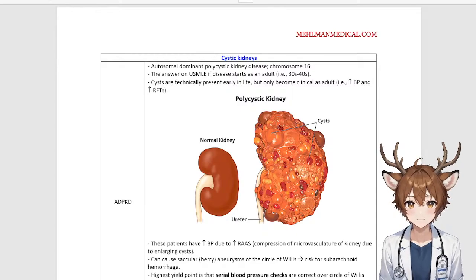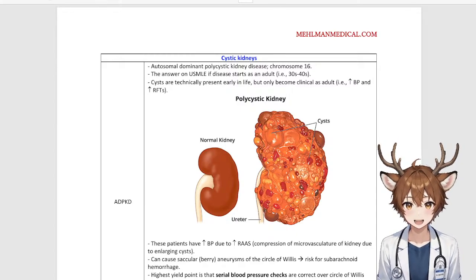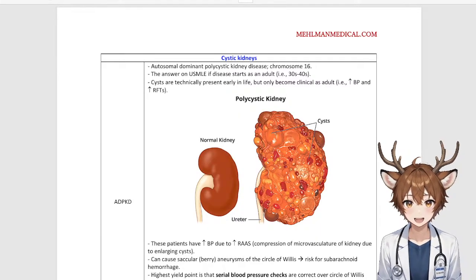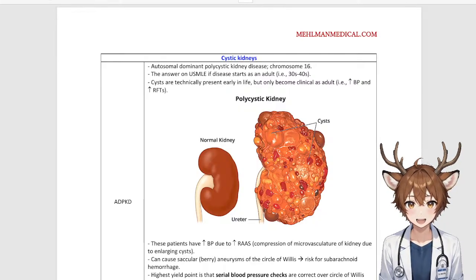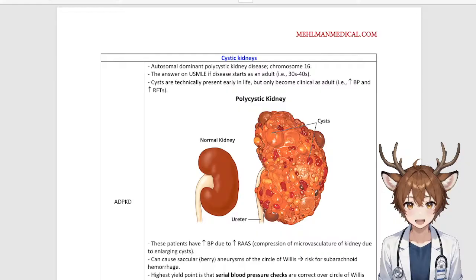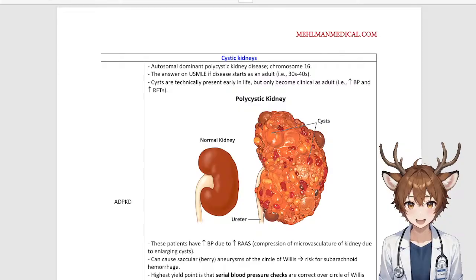Cystic kidneys. ADPKD, autosomal dominant polycystic kidney disease, chromosome 16. The answer on USMLE if the disease starts as an adult, i.e. between 30s and 40s. Cysts are technically present early in life, but only become clinical as an adult, that is to say, elevated blood pressure and elevated RFTs,